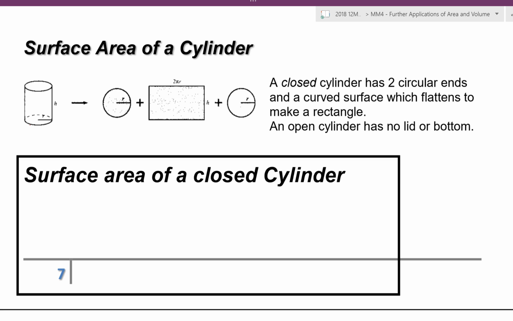Now, we can use exactly the same process, but because it's nice and regular, and because this is always going to be some multiple of pi, and thus irregular,